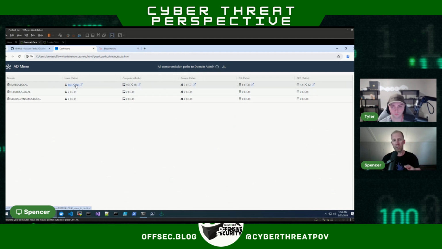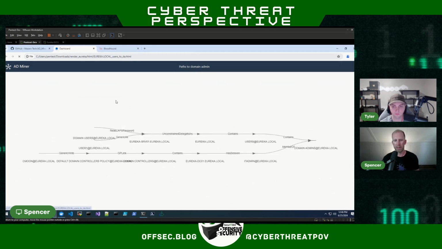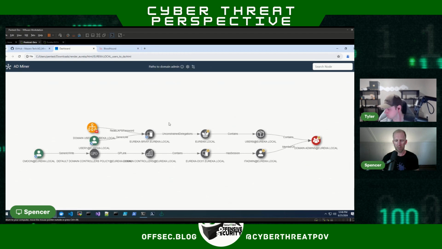You can look at the user path, so these are user accounts that have a path to domain admins. You can look at computer paths, groups, OUs, GPOs, etc. If we click on the user path, we can see, cool, here are all the user paths to domain admins. Now this is very similar to BloodHound, if you will.